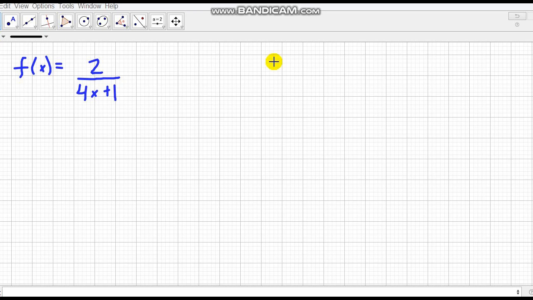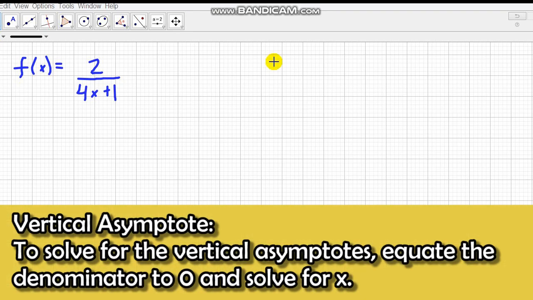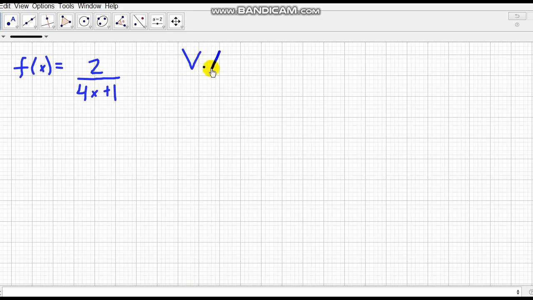In our example here, we have f of x is equal to 2 all over 4x plus 1. So let's identify first the vertical asymptotes. Now, to solve for the vertical asymptotes, equate the denominator to 0 and solve for x. So what we're going to do here is we get the denominator. In our case here, our denominator is 4x plus 1. We get that and equate it to 0. So we have 4x plus 1